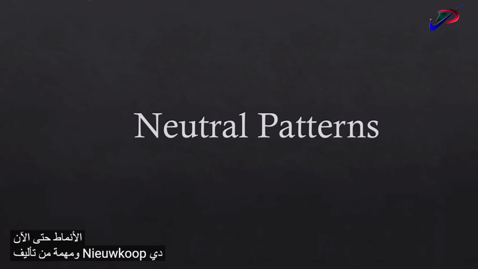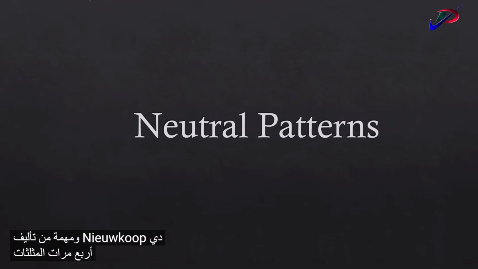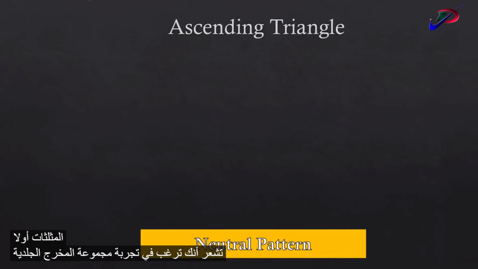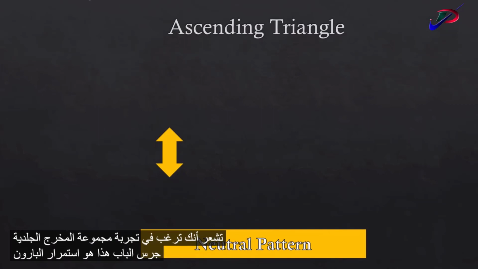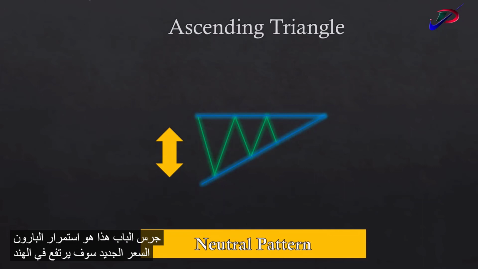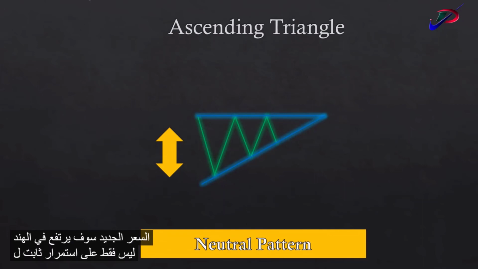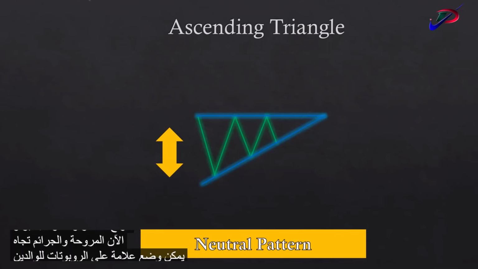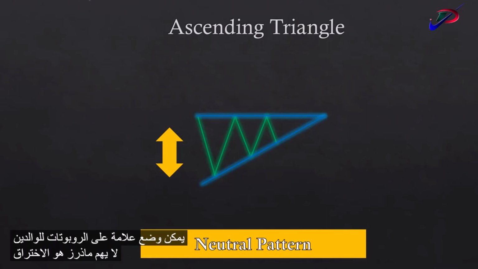The neutral patterns are composed by 4 types of triangles. Let's begin by the ascending and descending triangles first. The ascending triangle, as we saw earlier, can be either a bullish continuation pattern, meaning that price will be going up, and then the ascending triangle will confirm a continuation to the upside, or the ascending triangle can be a neutral pattern. That means that the direction the market was going before the pattern is irrelevant. What matters is the breakout direction that